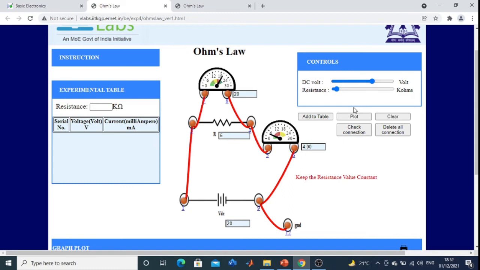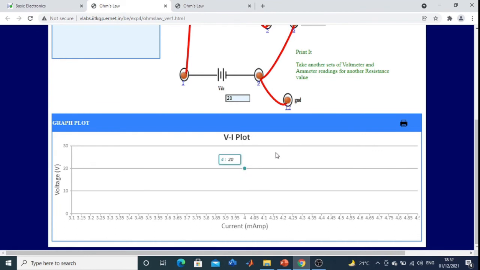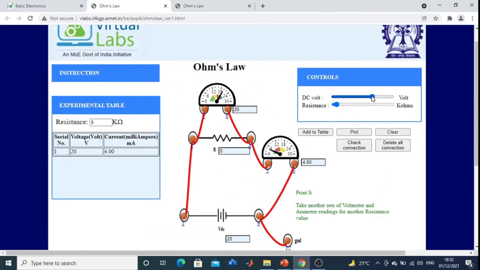Okay students. So now add to the table. Your current is 4. So plot. This is the point. Okay my student. Then change it to 15. Okay, add to table 15, 5, 3.